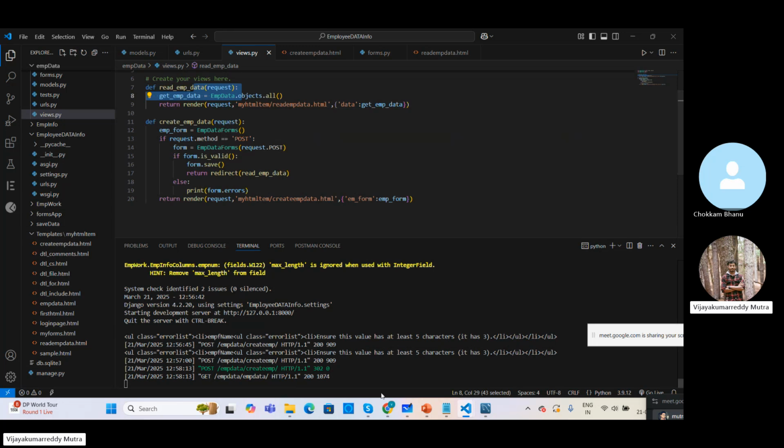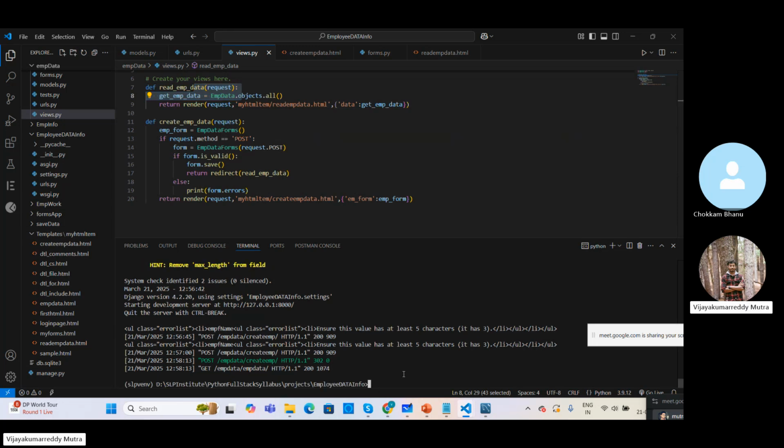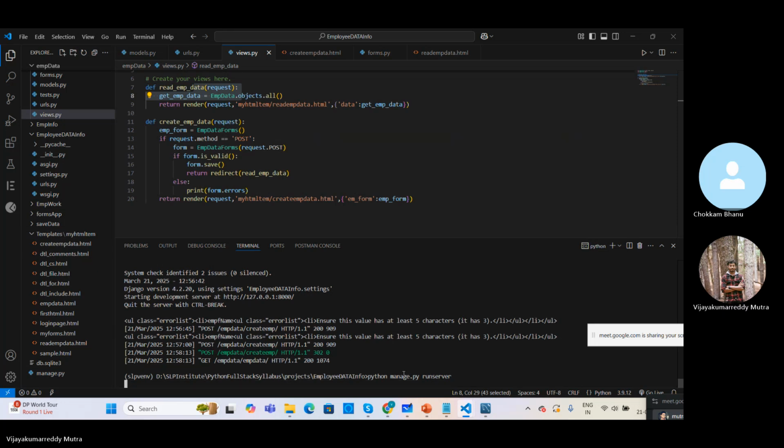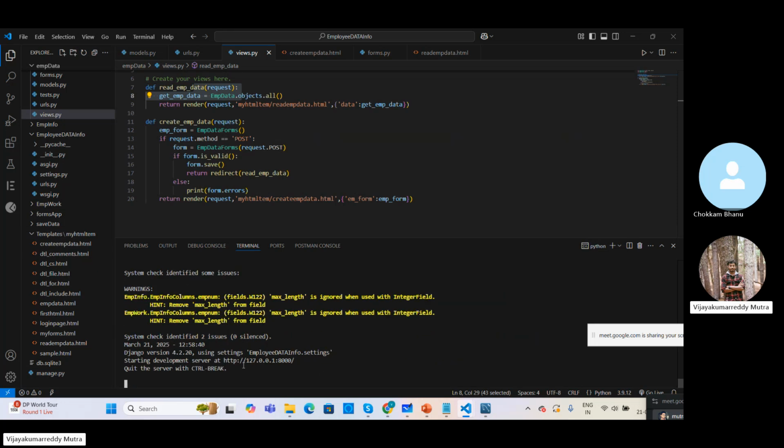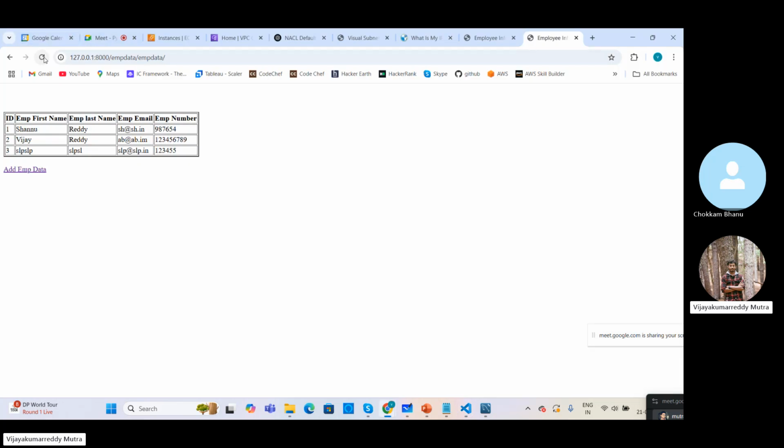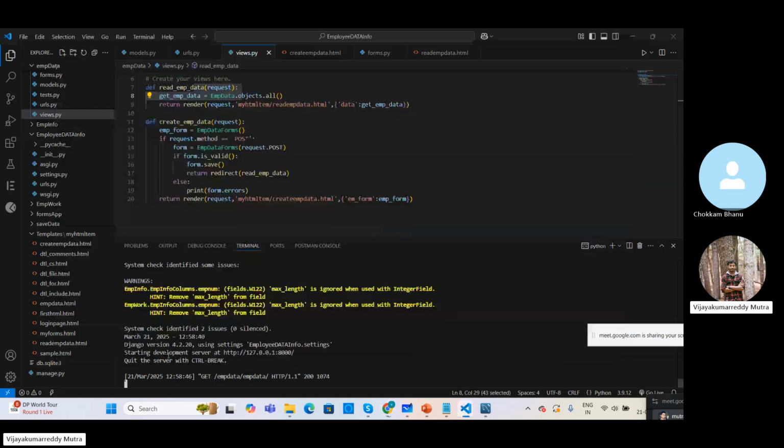Now let me stop this one for now. Just stop this, and run the server. After quitting the server, next time we don't have anything, right? Now I just refresh this page. Now the page is refreshed. See this one, get. Here we are passing the method as get, that is retrieving the data